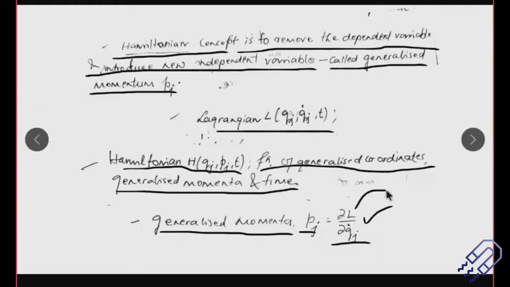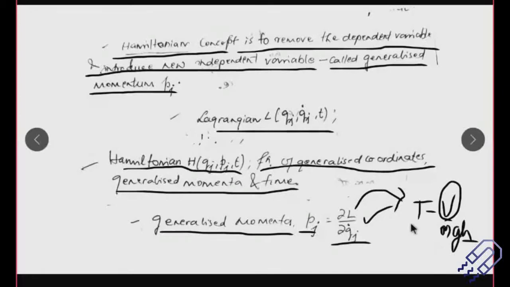You know, this L is basically a function of T and V, that is T minus V. So that means Hamiltonian and Lagrangian are connected here. So the generalized momenta is del L del Qj dot. Where does this Qj dot come from? It does not come from V, because this is potential energy. Potential energy, we have got different forms, of course, but obviously the fundamental does not change. Potential energy is nothing but mgh. Height is a coordinate, and m and g are constant. So H is a coordinate, that means it doesn't depend on the velocity, right? It might be a generalized coordinate, but does not depend on velocity.